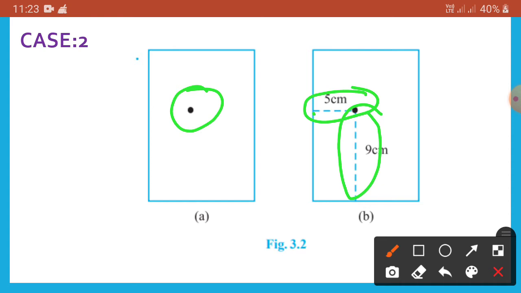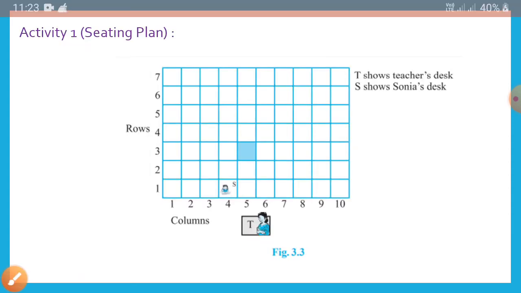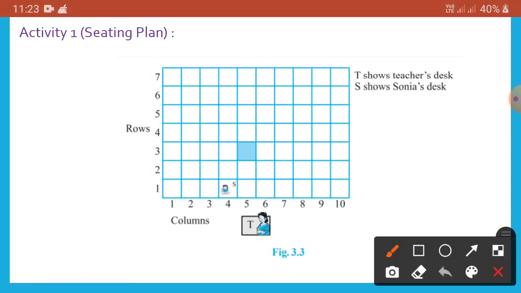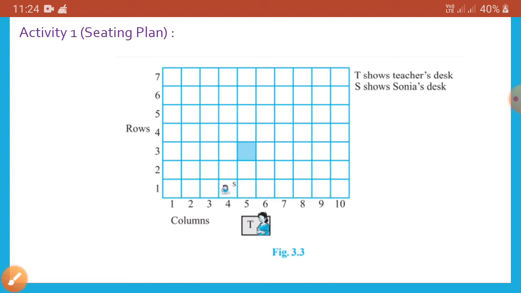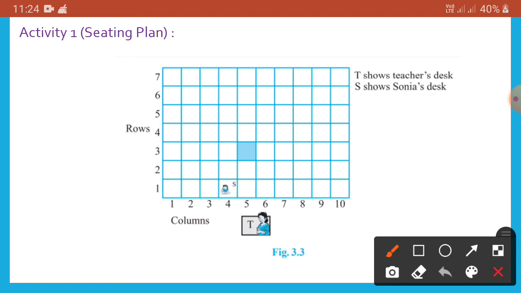Got it. Now we will perform the following classroom activity, known as the sitting plan, to give you a better idea about position. Here is the sitting plan of the activity. It is the seating in your classroom. Suppose, pushing all the desks together, we represent each desk by a square. In each square write the name of the student occupying the desk which the square represents.